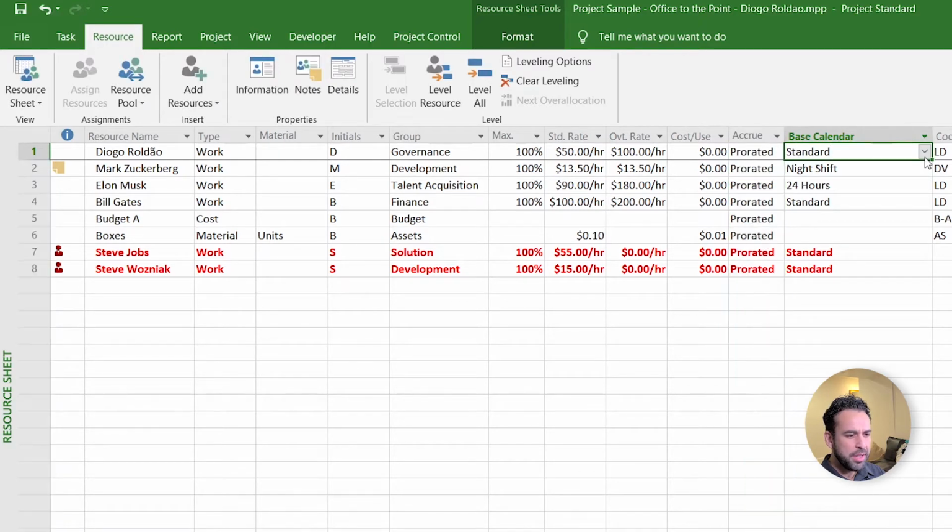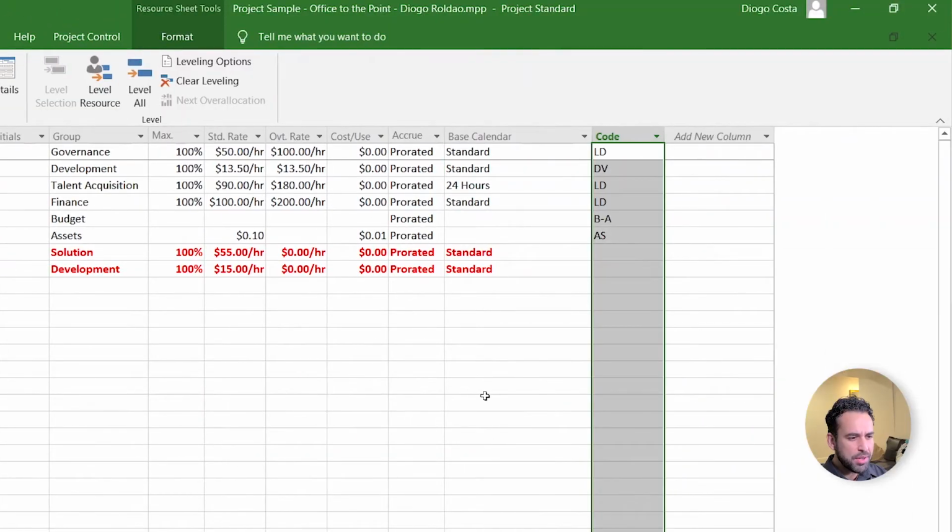Base calendar. Here is where you assign a different calendar for different people. For instance, if you have shifts in North America and shifts in India, you may want to have an Indian working time frame for Indian folk and an American working time frame for American folk. These are the calendars that we defined back there on the project tab. Code. If that resource has a unique code, for instance, one employee ID or one asset ID, this is the